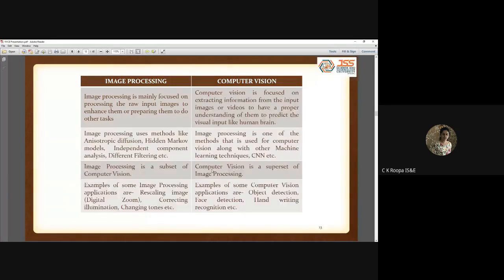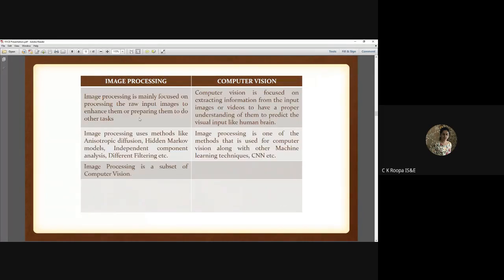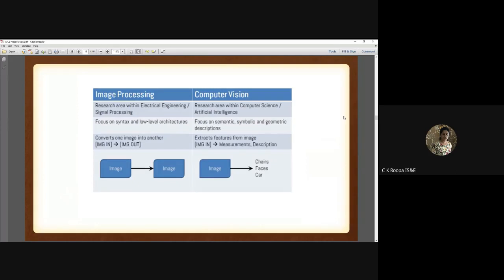So that is the basic fundamental difference that you are going to see between image processing and computer vision. Another very interesting difference: in image processing, the research area concerns more electrical engineering and signal processing, because an image is considered a signal. It is a two-dimensional signal, with an x coordinate and a y coordinate projected over the Cartesian space, and we try to make use of the spatial information of the objects that are present